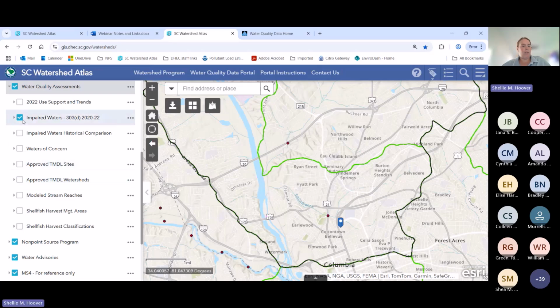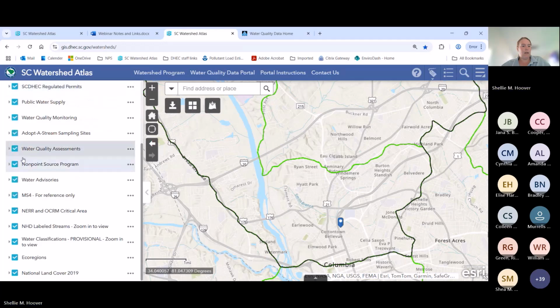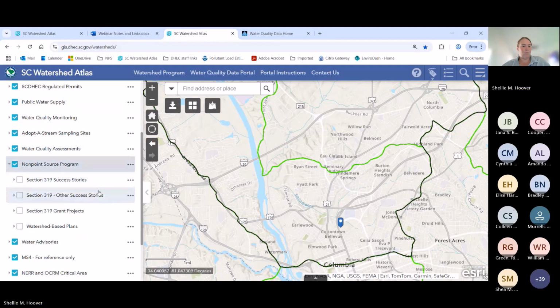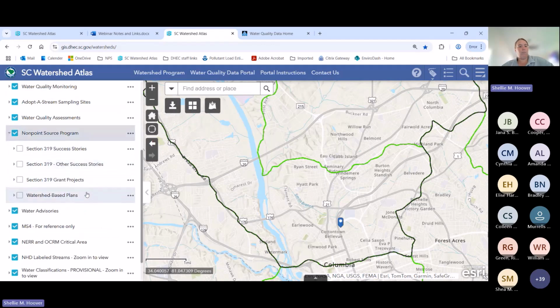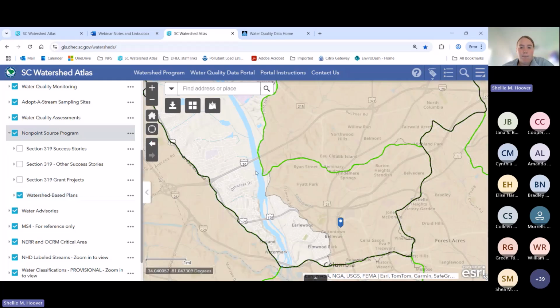So we'll go ahead and turn these off and close that layer and open up our non-point source program. So here you'll be able to see your watershed plans, your 319 grant projects that are open and closed, and our previous success stories. So we'll turn on our watershed-based plans,